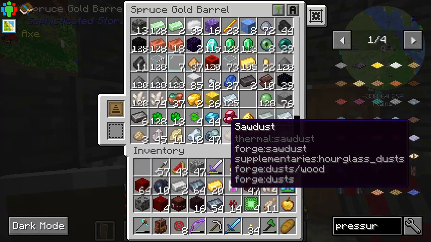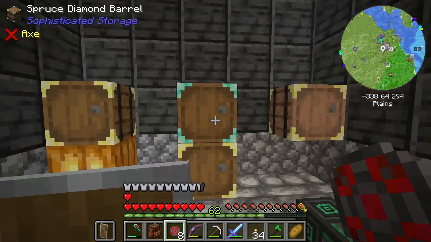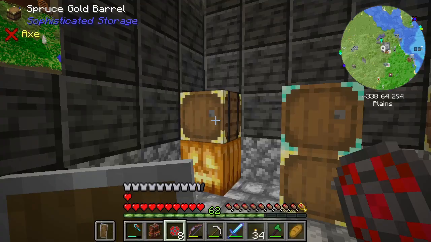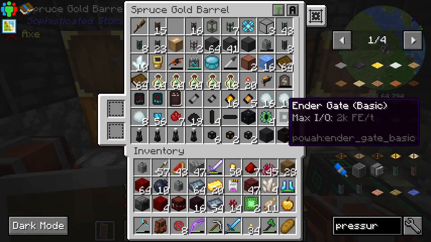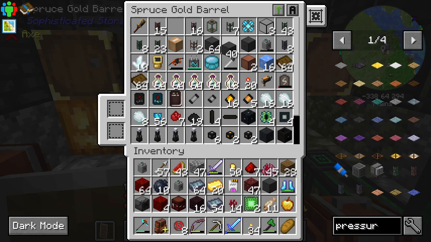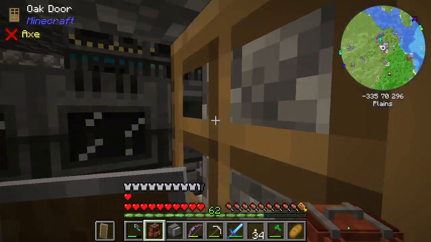What do I not have? Oh. Need more redstone. And osmium. Yeah, need more chemical tanks too. So there's 2 of those. And another dynamic tank. And there you go. Another PRC. Speaking of which,